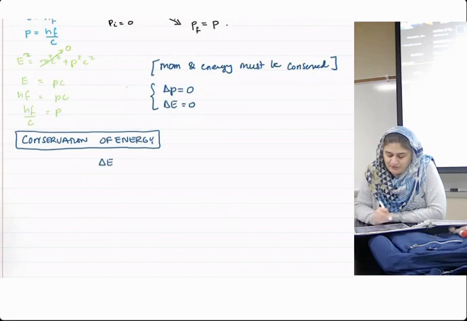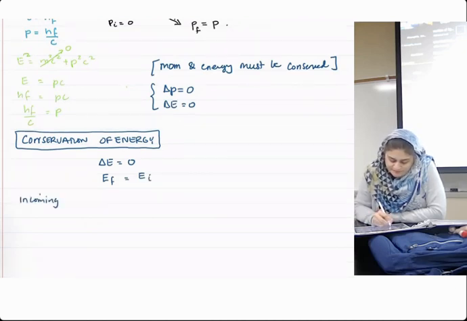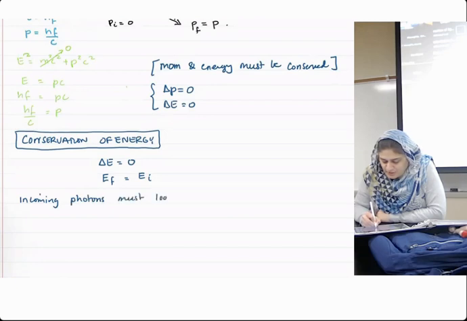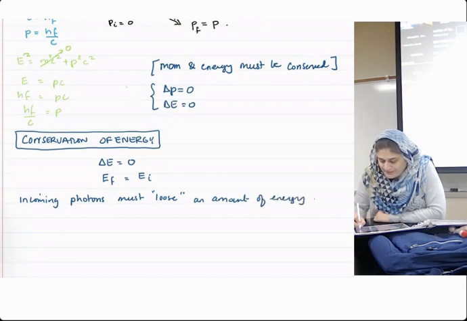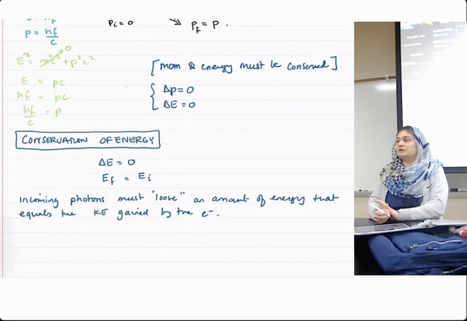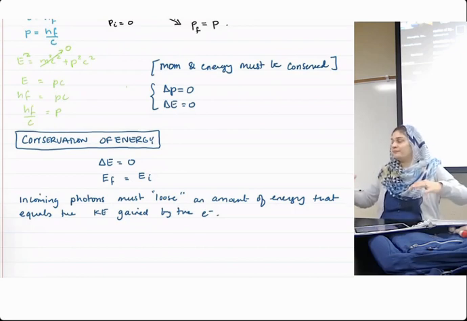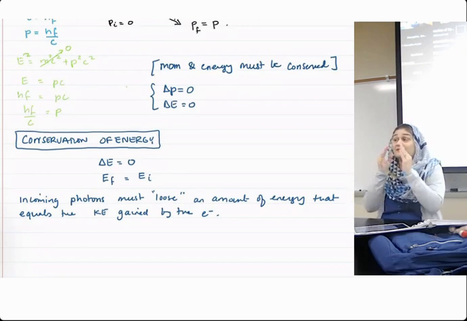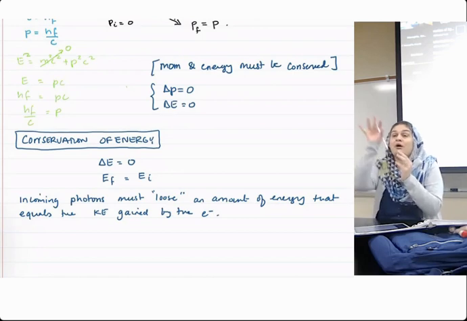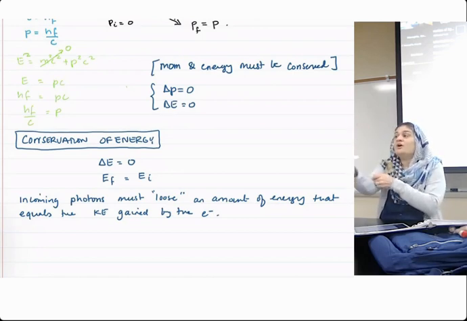Delta E equals 0. That means E final must equal E initial. That means incoming photons must lose an amount of energy that equals the kinetic energy gained by the electron. Is that true? Where's the electron getting its energy from? From the collision, right? And so the photon must lose the same amount of energy that is imparted to the electron, which is why